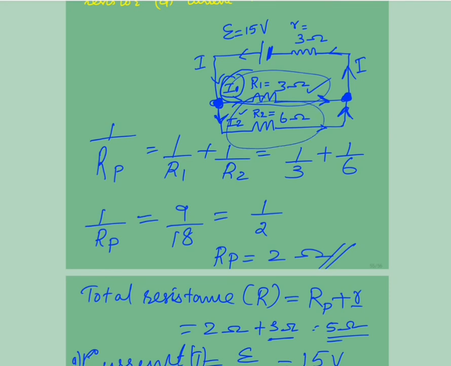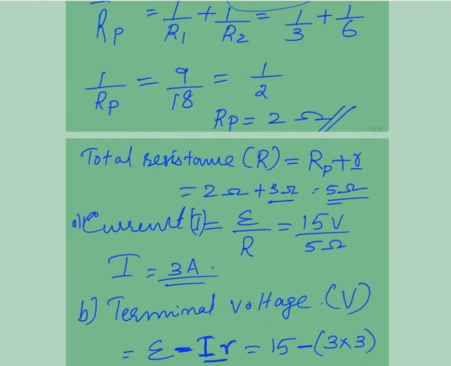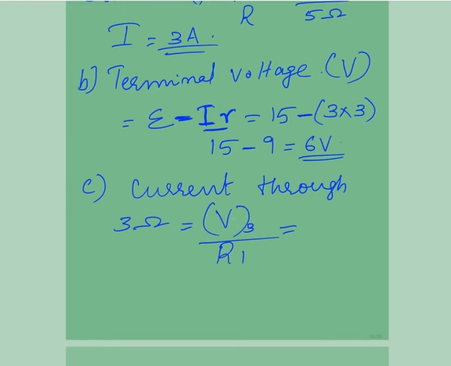So you can substitute the value, that is here instead of 3 you write 1, that is V1, because voltage across resistance 1 is V1. So 6 volt is the terminal voltage divided by resistance 3, so you got it as 2 ampere. So the current which is passing through 3 ohm resistor, that is R1, we got the answer as 2 ampere, value of I1, sorry.